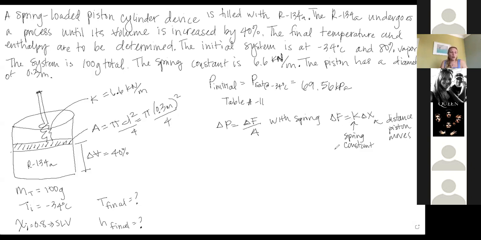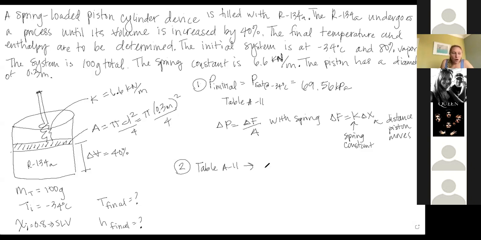So now we're going to go back to our table and try to determine from table A11 at negative 34 degrees Celsius what our specific volumes are for our saturated vapor and our saturated liquid. So on page 900 at negative 34 degrees Celsius, I'm going to put this as number 1. I'm going to put this as number 2. At table A11,